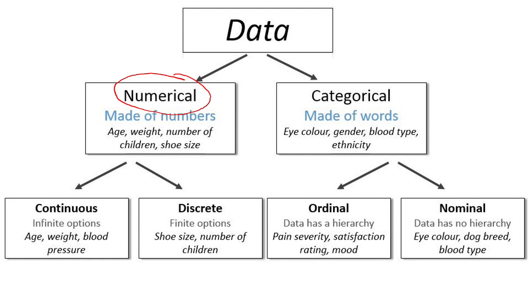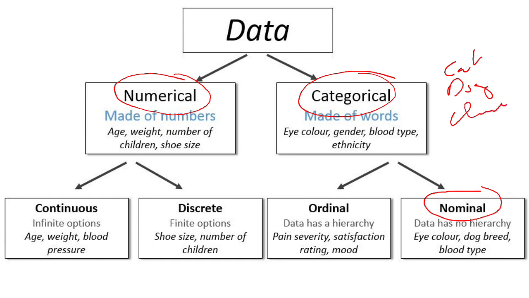The second data format that we will be dealing with in this course is the categorical form. So anything that's text, that's made of words. We are mainly going to be interested in nominal data formats. So things like when we label an object in an image with labels like cat, dog, chair. All these are words, they're categories, okay, and they're nominal. There are different subtypes of these two, but we will mainly focus on numeric versus nominal.